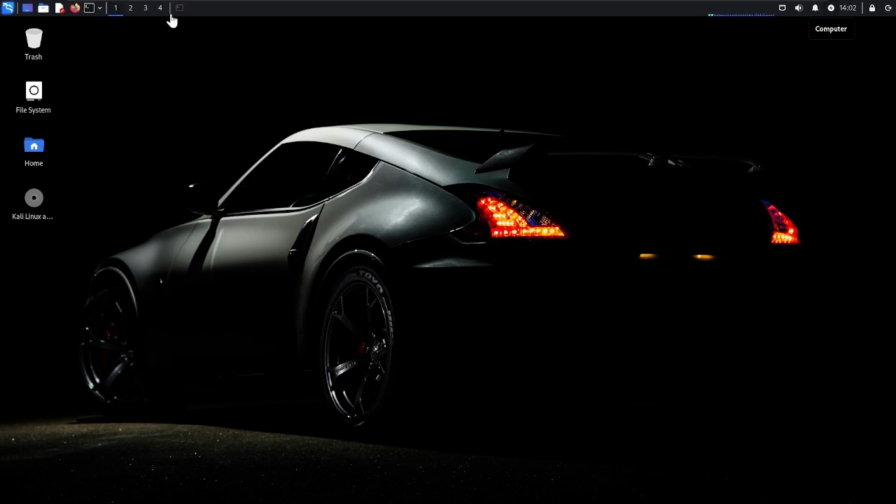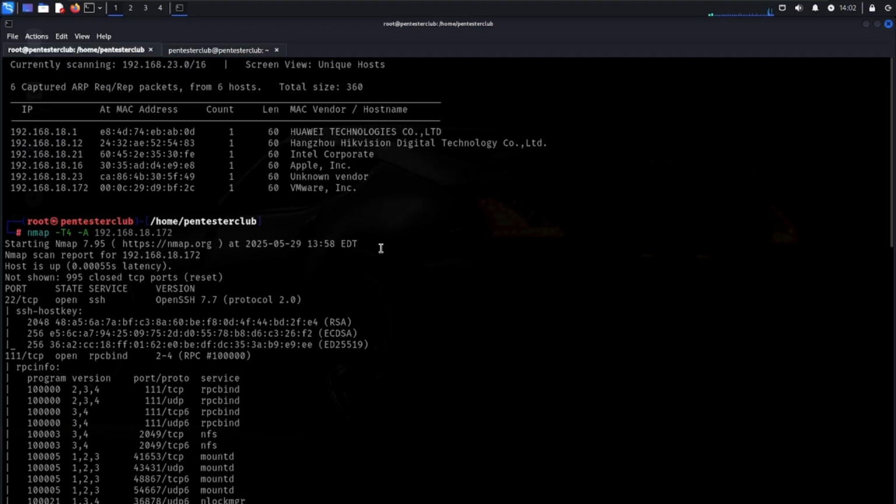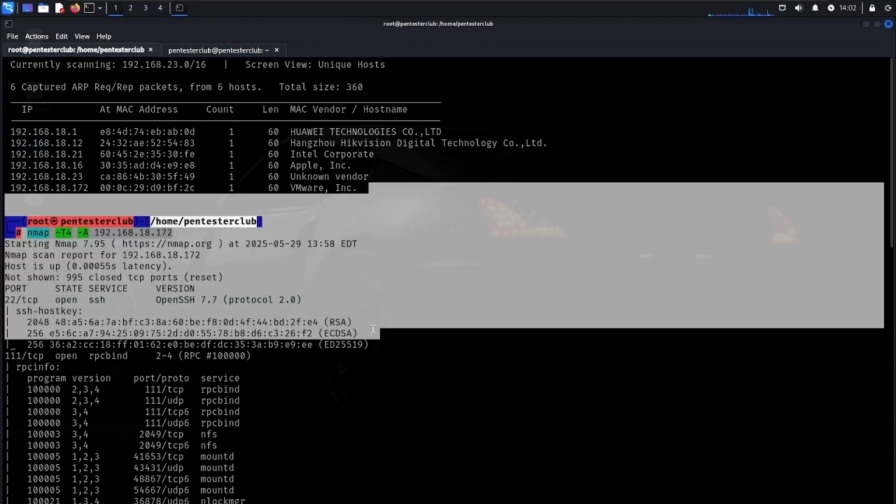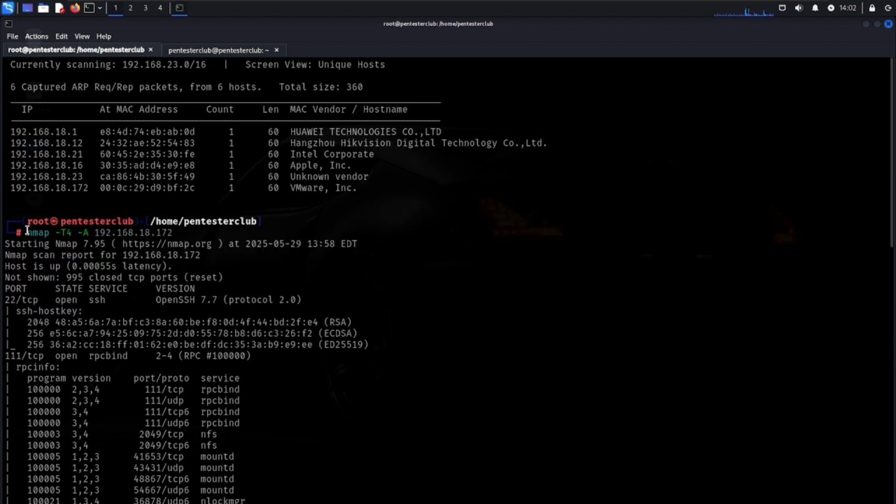First, open the terminal. Type sudo su and enter your password. Then type netdiscover -i eth0. I have identified my target machine here: 192.168.18.172. Then type nmap -T4 -A, which is an aggressive scan, and enter your